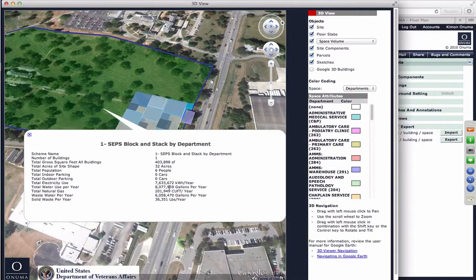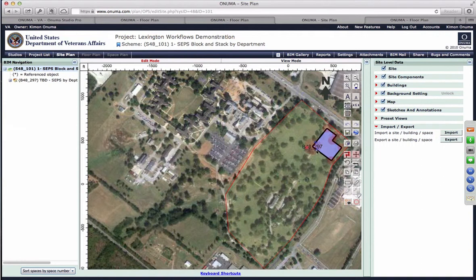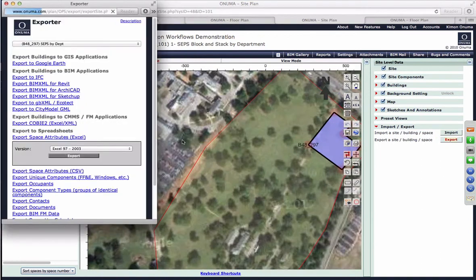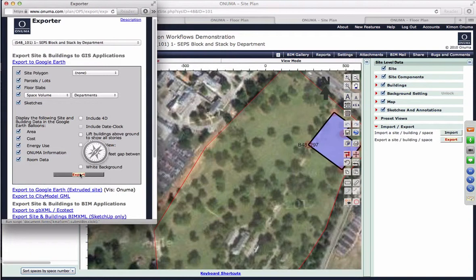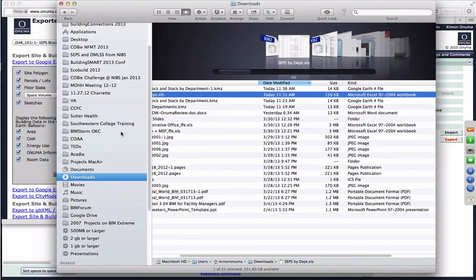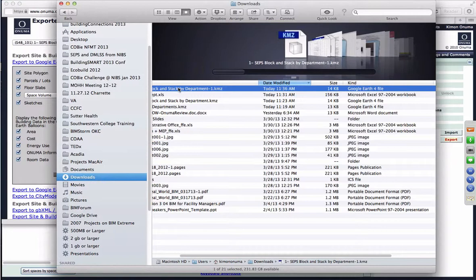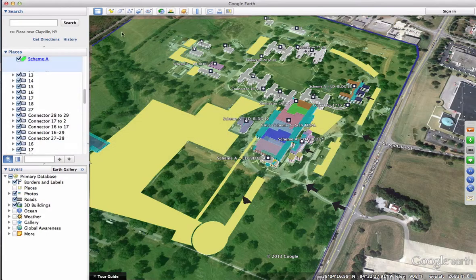These are based on still very high level rules of thumb, but when we go into other tools and we start doing more detailed energy analysis, like you'll see in DProfiler, you can start cranking those assumptions down and getting more detailed analysis from that. The other thing is, as I put this on the site here, if I export this out, as they were having that discussion, so we can actually see that happening. So now I'm going to show just one other view here. If I open this up and put it into Google Earth,